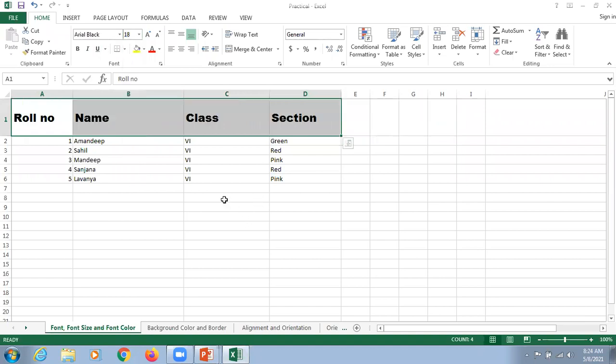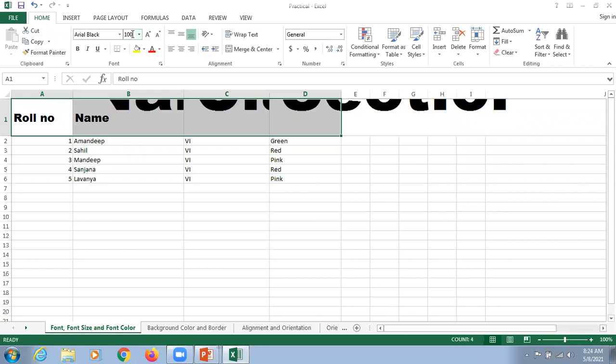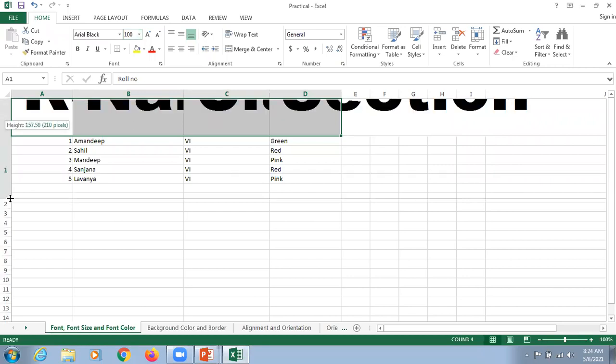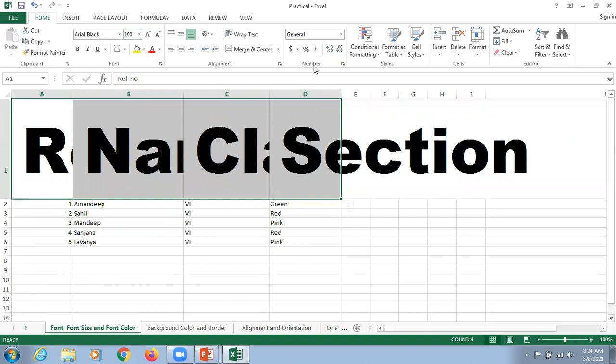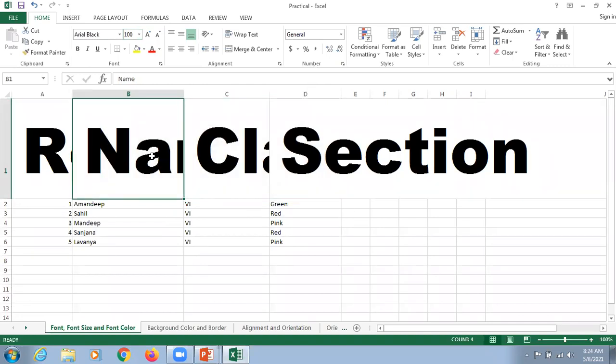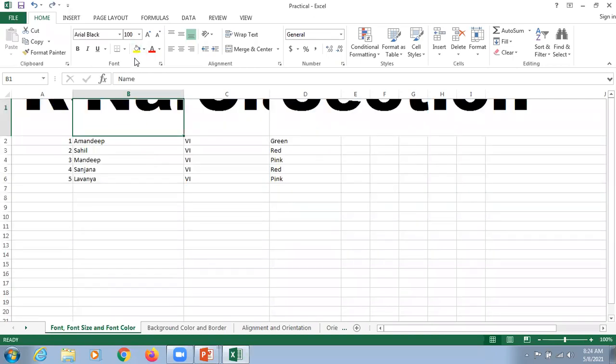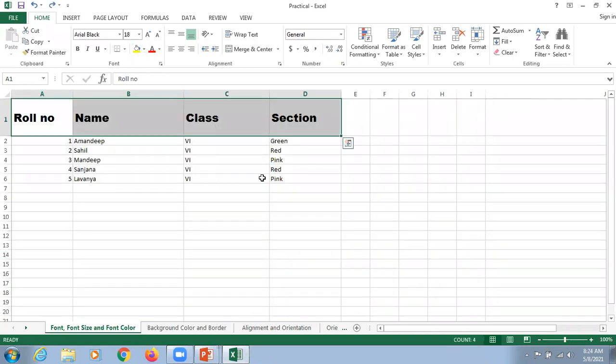So what we do, dear students, for the same, we are just going to click on that particular font size box, and with the help of the keyboard, we are just going to type the value, and after typing, we are supposed to hit the enter key here, because the size will be very, very huge. That's why it's not looking right on that particular screen. So what we do here, we change that again.